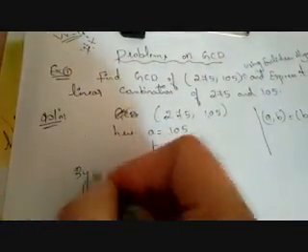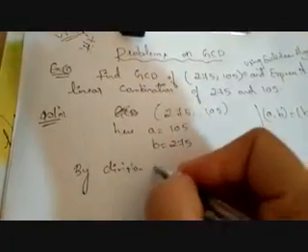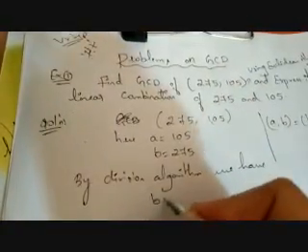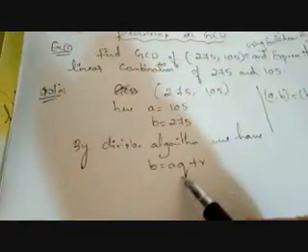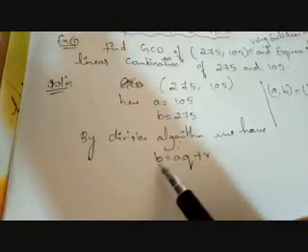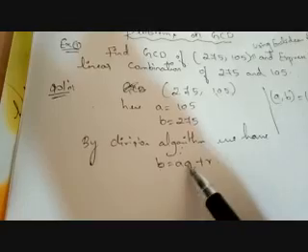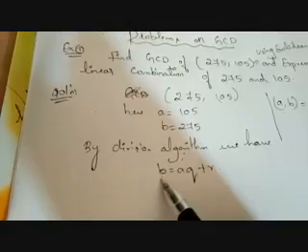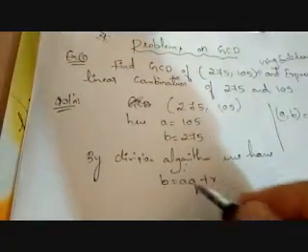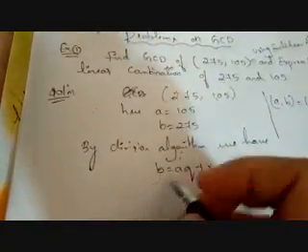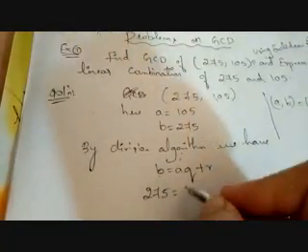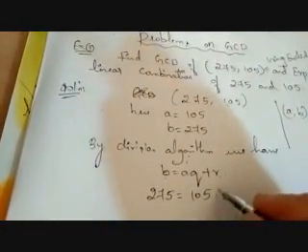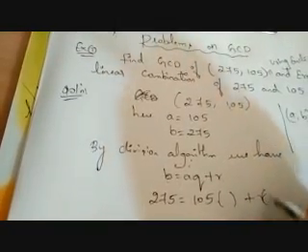By division algorithm, we have B is equal to AQ plus R, right? We have learned the division algorithm and we know what actually it is. Where Q is your quotient and R is your remainder. This is your divisor and this is your dividend. You have to write down these values here. What is B? That is 275, which is equal to, what is A? 105. Divide these two so that you can easily write down the quotient and the remainder.